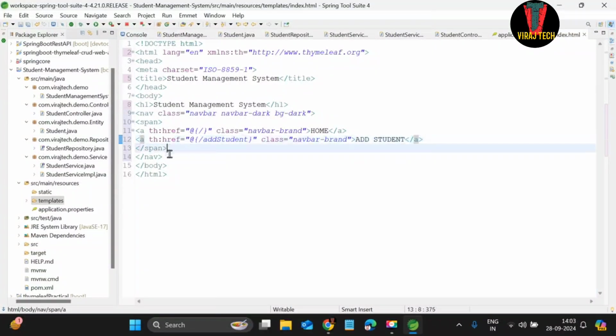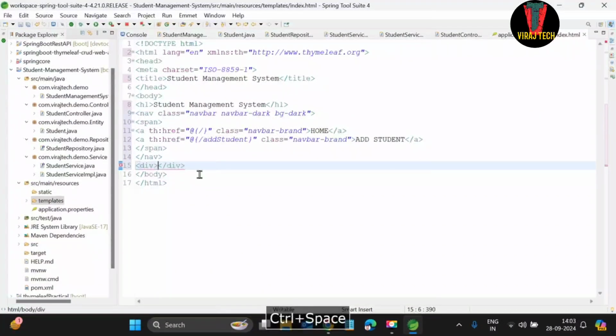After that, after the nav bar, we are going to create a div tag, and inside the div tag the attribute should be class container,